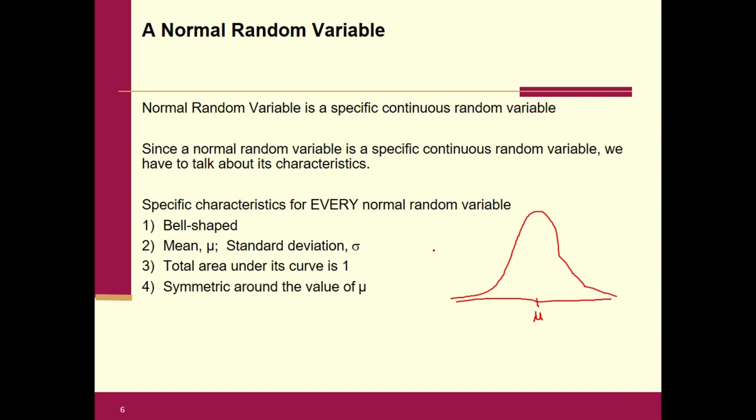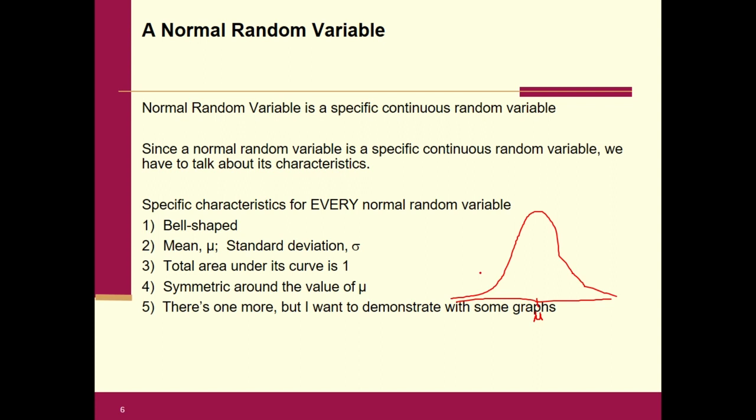4, it's symmetric about the value of mu. That's sort of obvious now, because mu is in the center here and bell-shaped curves are symmetrical. By the way, this is perfectly symmetrical. This is not sample data. This is a model. Models are perfect in a sense, okay? And this is perfectly symmetrical. So it's symmetric around the value of mu, okay? And then the fifth one,